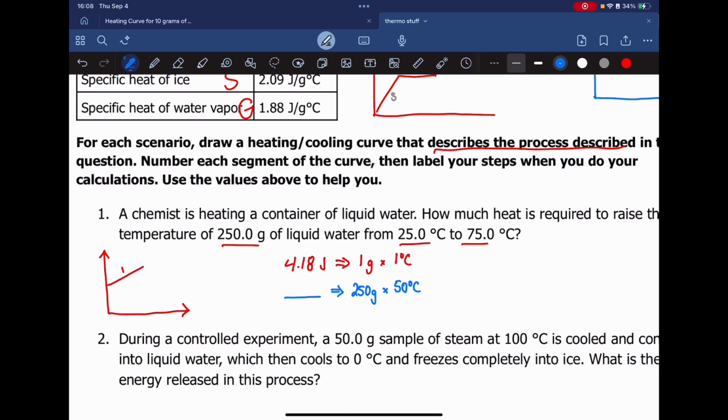The question is how many times more joules? You can see that in order to get from 1 times 1 to 250 times 50, we have to multiply by both 250 and 50. If I do both of those in sequence, I will figure out what my scale factor is here. So 250 times 50